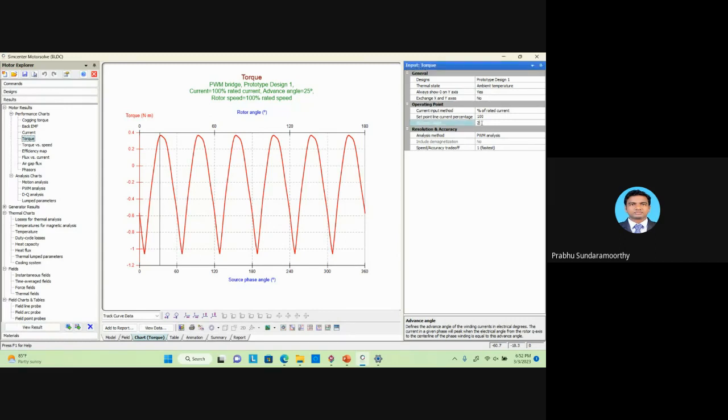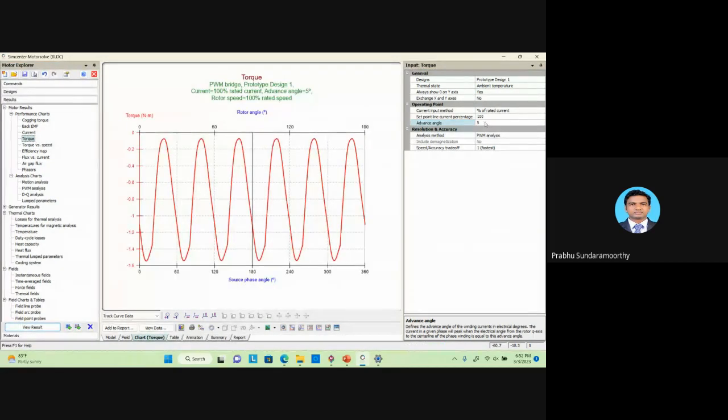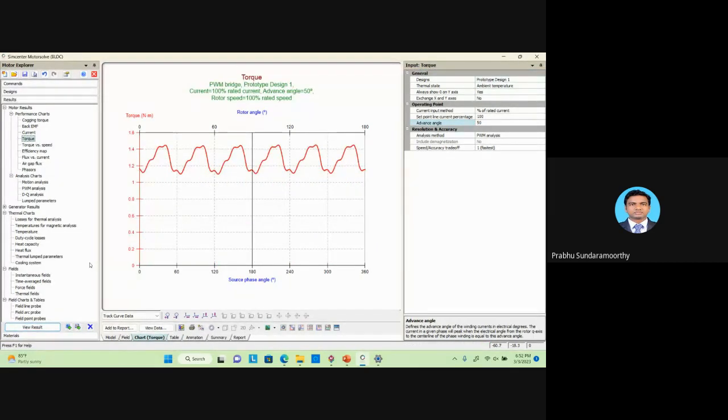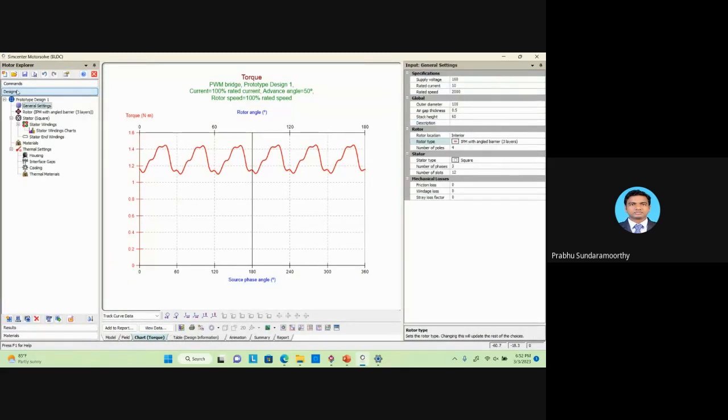Now I am going to change the advance angle to 5. It is purely negative now. 30. No. So now I have arrived at a positive torque. Likewise, some parameters are there to get a positive torque here. So if you want to increase further,